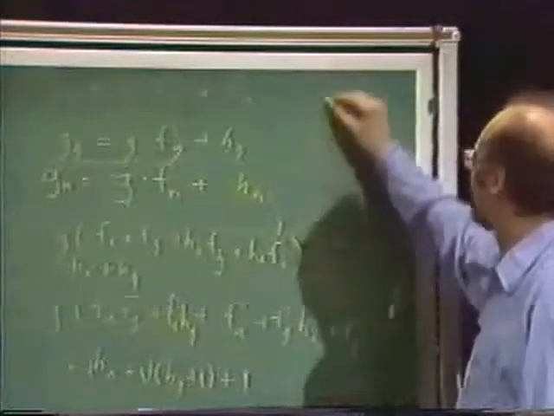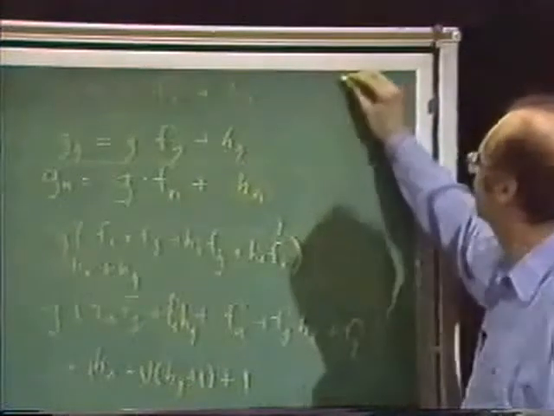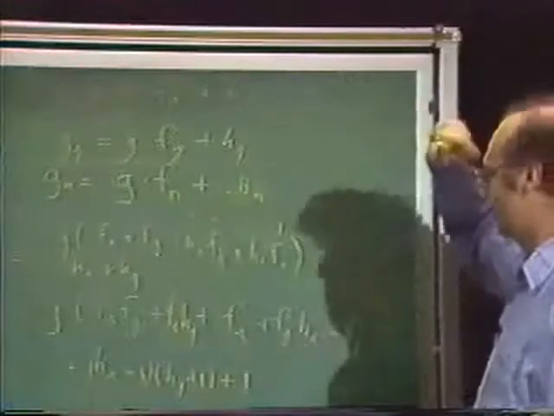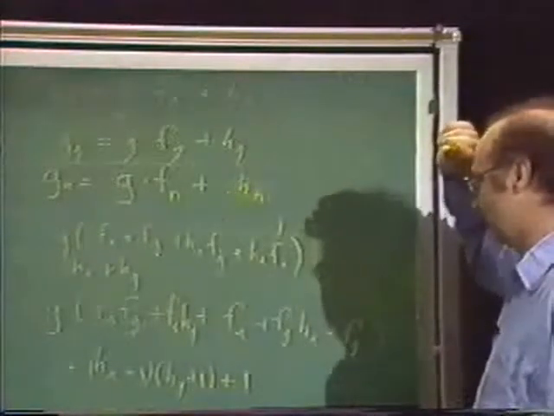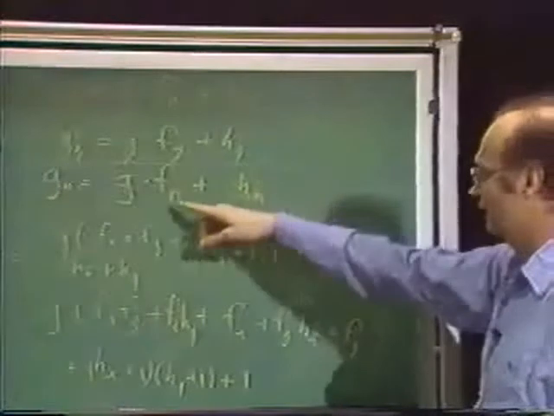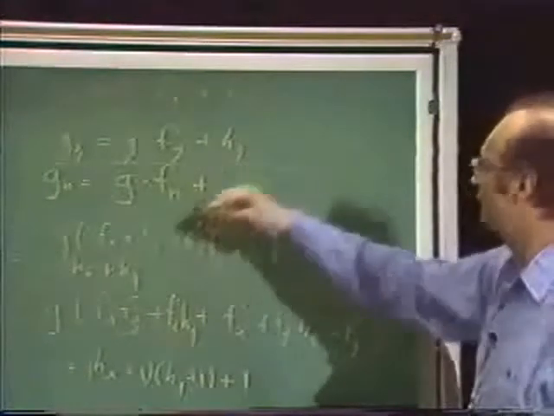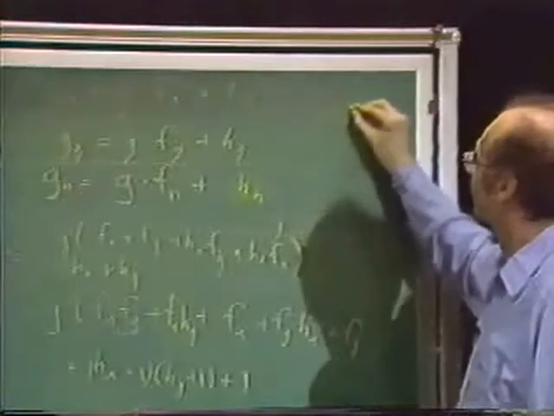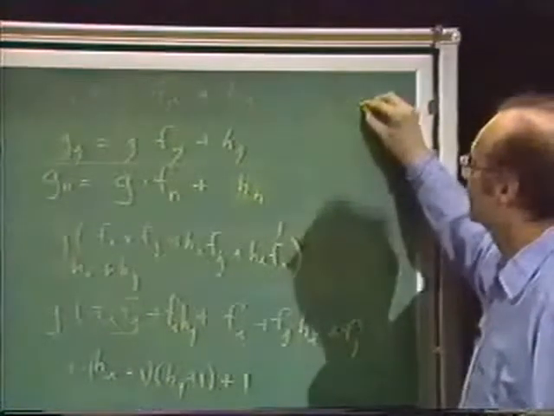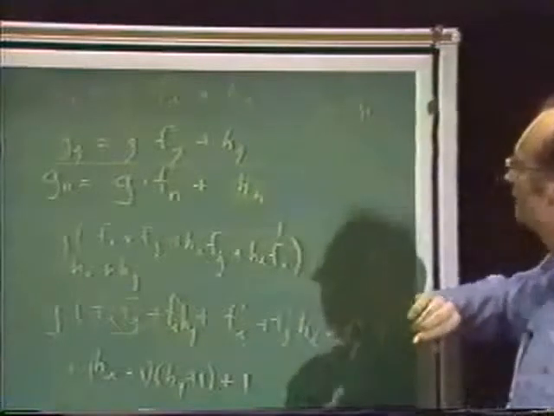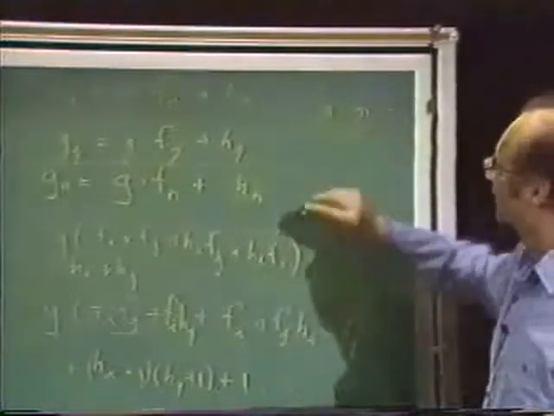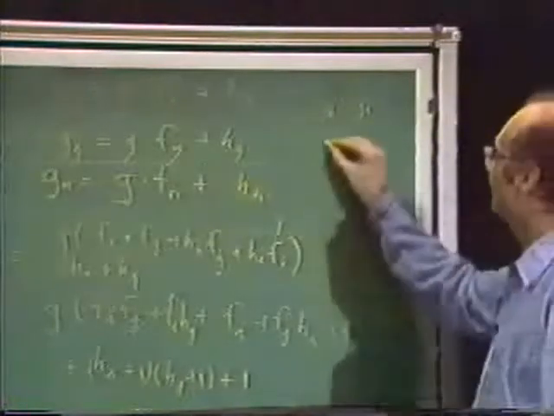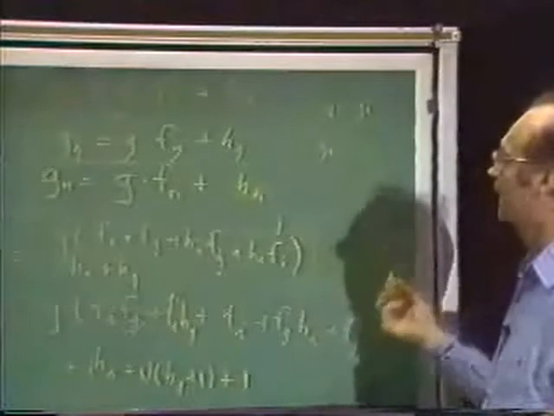Sorry, I shouldn't be wasting so much time here. Suppose that I have a simple case where I've expressed G is my first gate in the system. So let's say G1 is equal to little g, and I'll just say G1 is equal to G1. Now G2 will then be